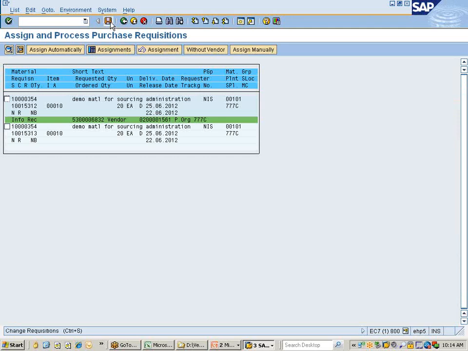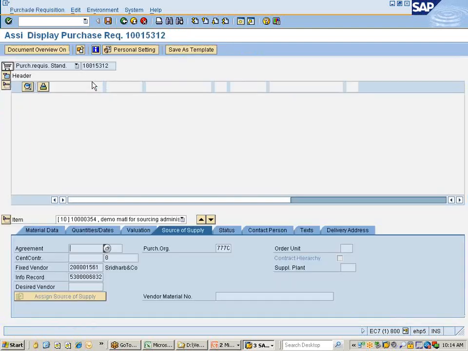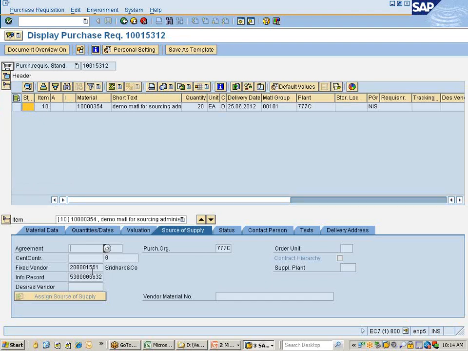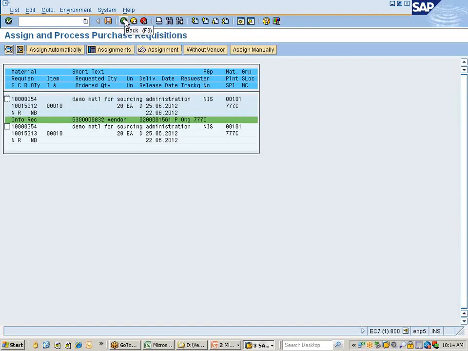But if I go and save it, and now have a look at it, you would see the fixed vendor information in the requisition. So from here, assignment and process, either you can